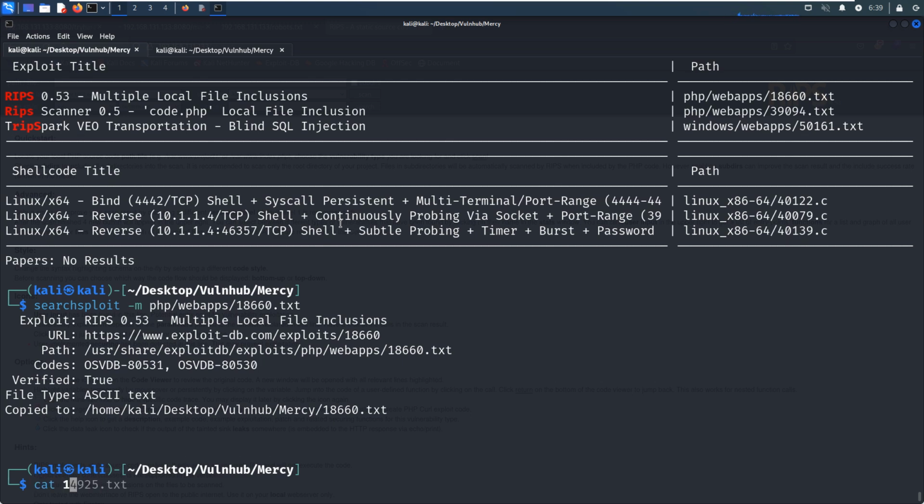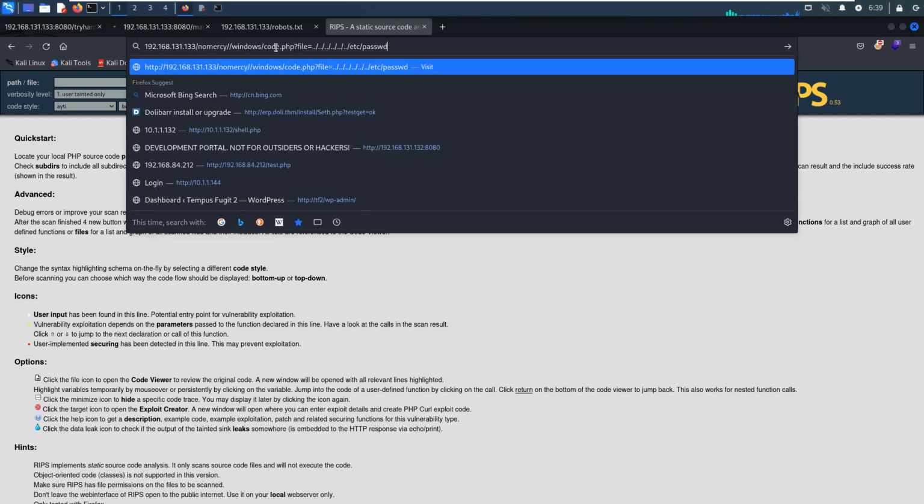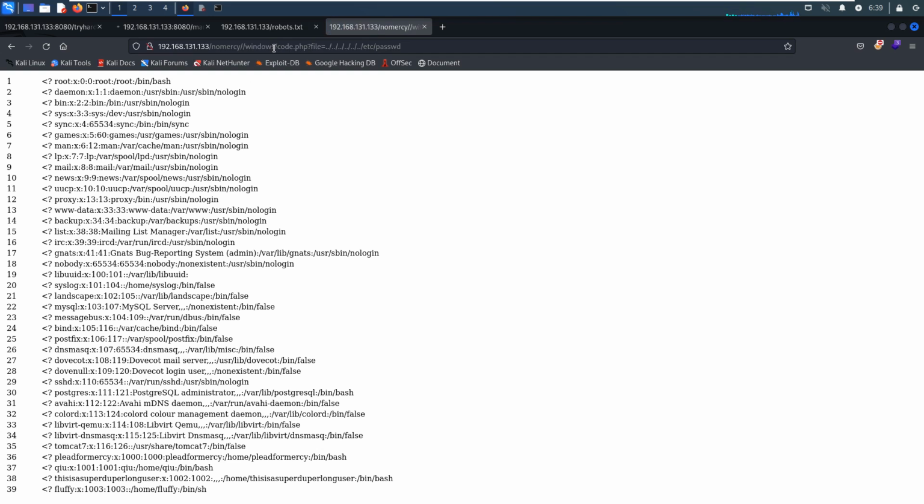Although this is not exploit code, but more like instructions for the local file inclusion. So for us, we just copy this part, and access. As you can see, we successfully retrieved the user names information. And of course, we have already got the user name information by enumerating the Samba service. Okay. So how to go next?